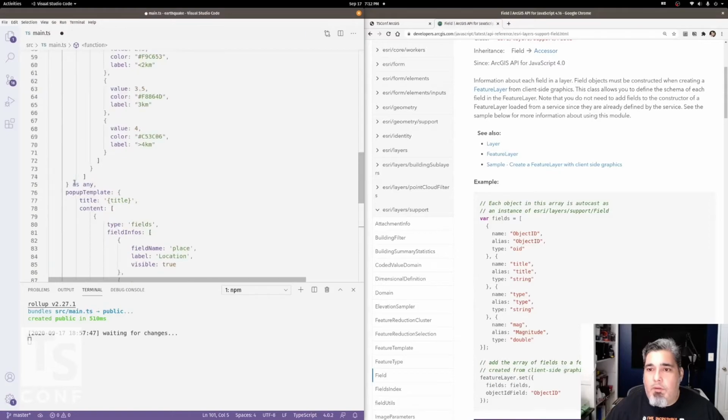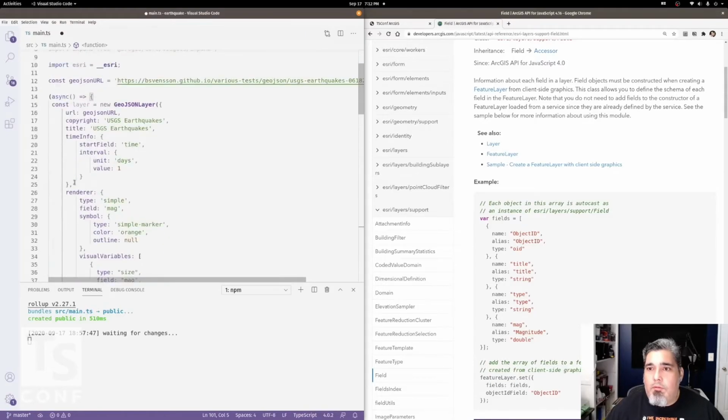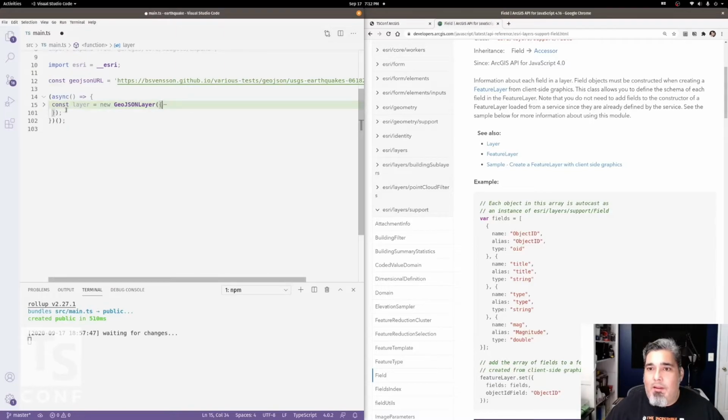Okay. So that is my layer. I really don't like doing that. Let's go ahead and do that for now. Really kind of busy there. Okay, so now